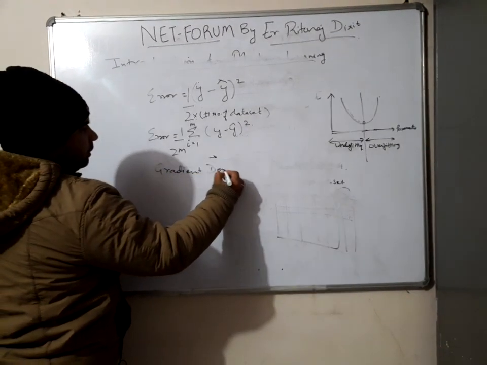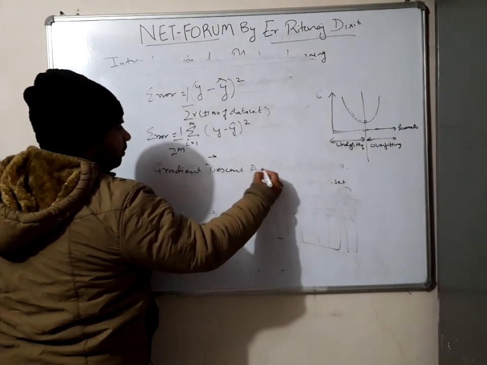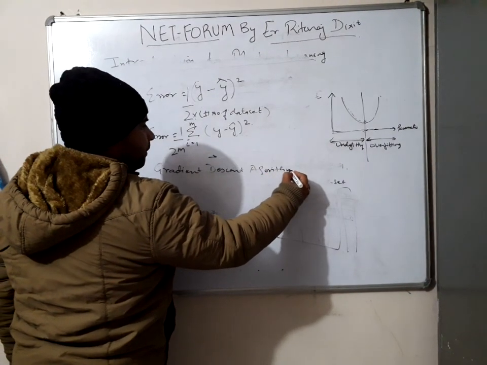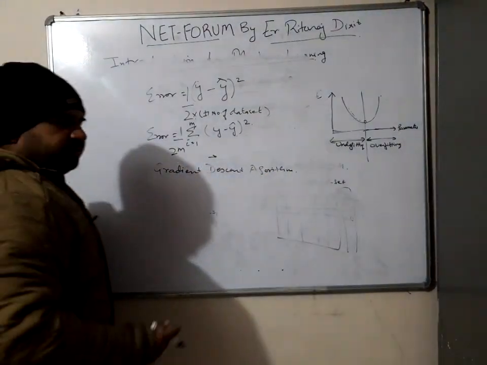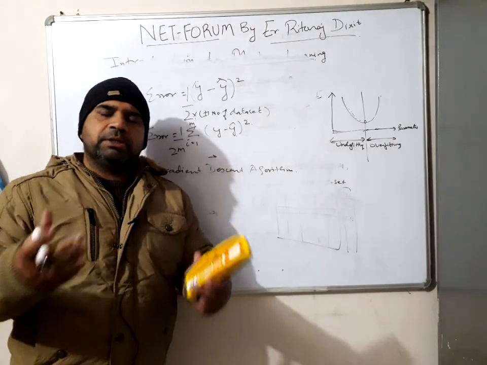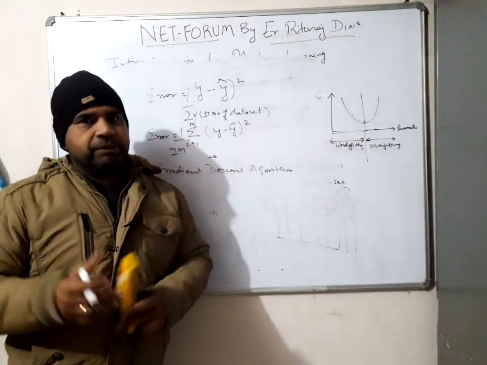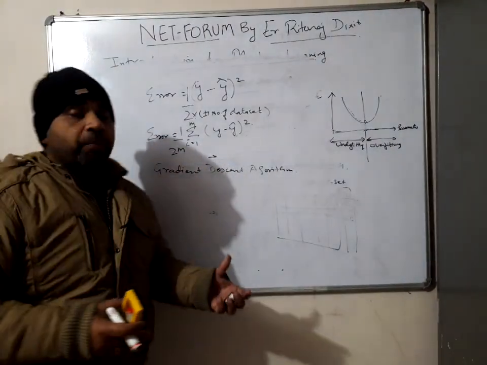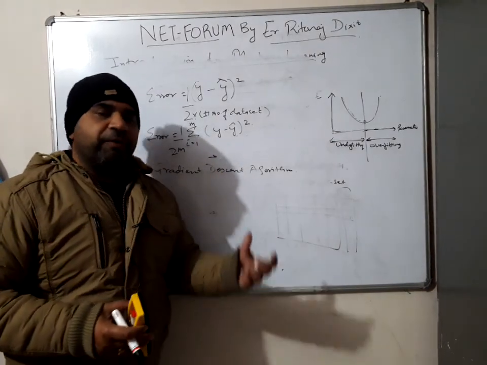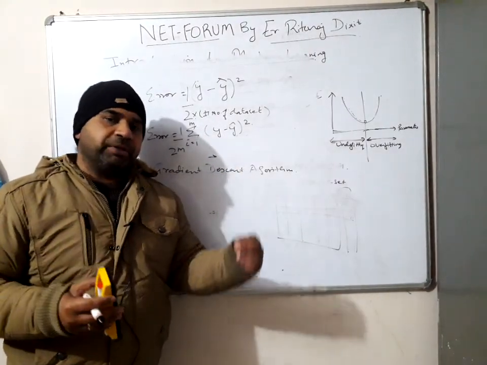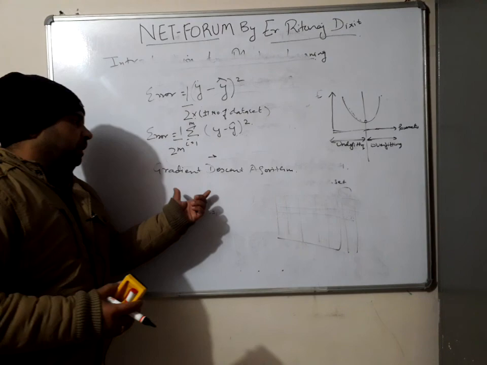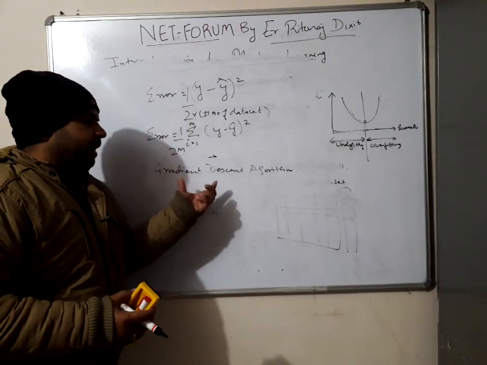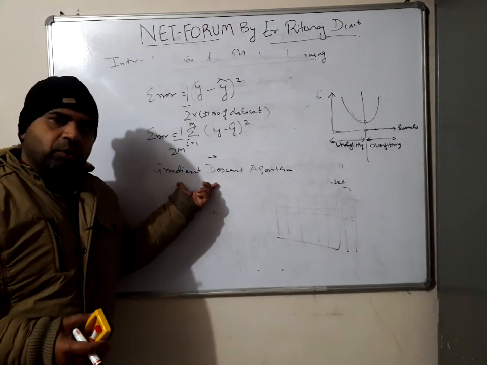gradient descent algorithm, which we are going to discuss in our next sections, where we will also introduce the concept of bias, what variance is, and the trade-off between bias and variance. So in short, the idea of reducing the error comes under the section of the gradient descent algorithm.